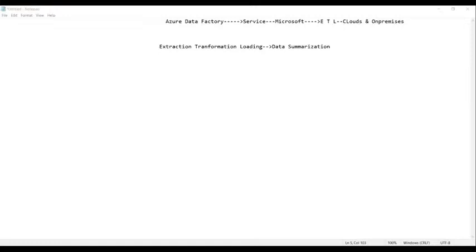Hence we consider this a service. Whereas an application can be downloaded, uninstalled and installed again. It is restricted to a particular computer when you consider it an application.